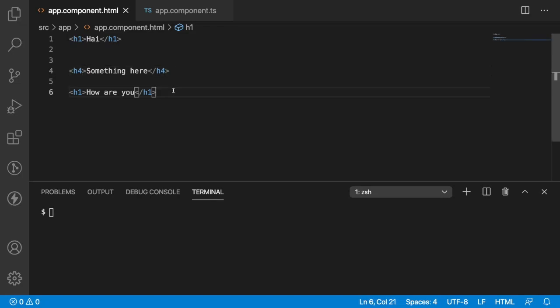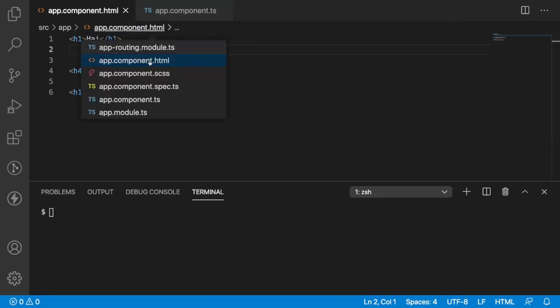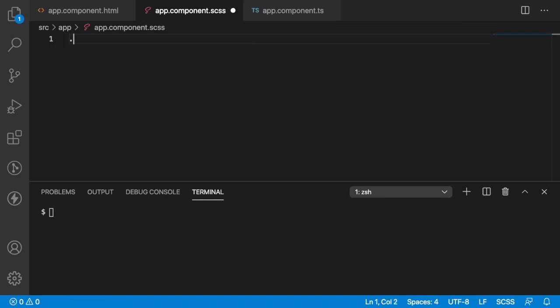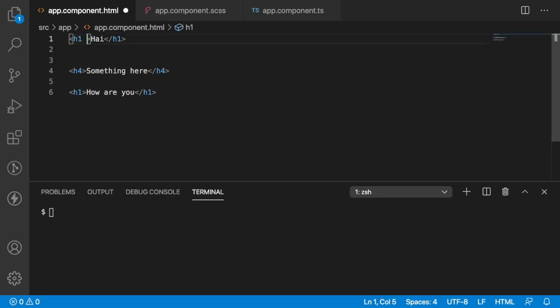So we have an h1 here and an h1 here, and I want to create a class for this. Let me go to the CSS file and create a class, color-red, with color colon red. We use this class on this HTML content, so class is equal to color-red on both.